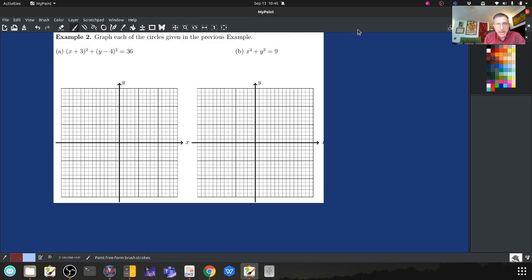So let's do A. Something that we can read. So we have x plus 3 squared plus,